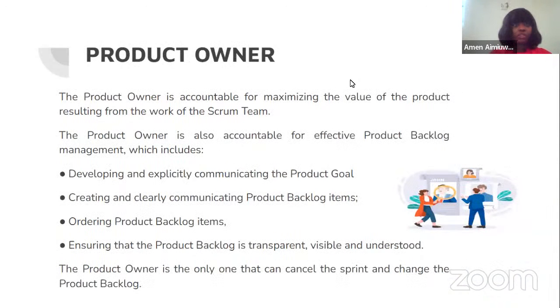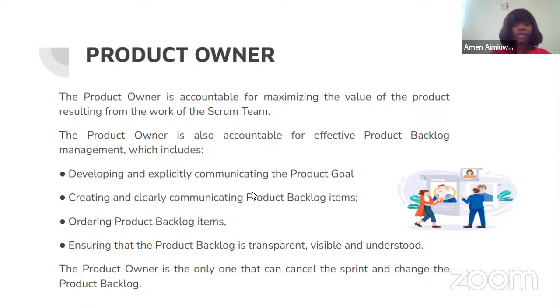Then the next person we have in the Scrum team is the product owner. The product owner is more like a value optimizer. So they help optimize value on the Scrum team. And the product owner is also accountable for effective product backlog management, which includes developing and explicitly communicating the product goal, creating and clearly communicating product backlog items, ordering product backlog items,